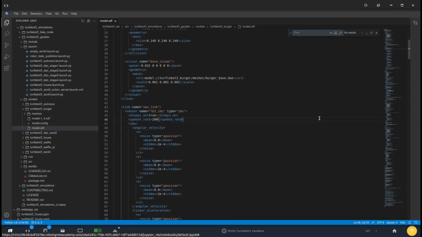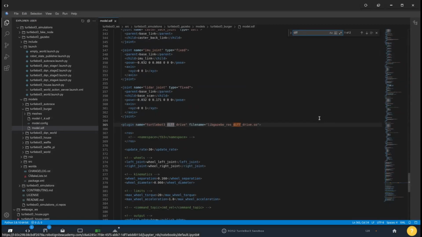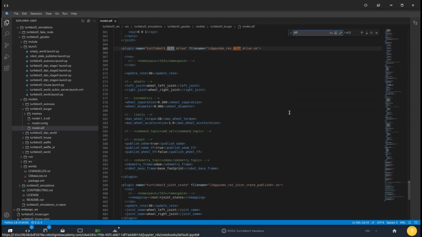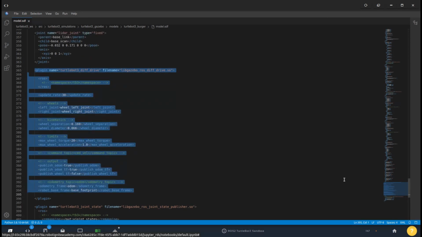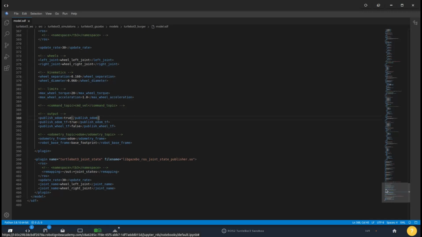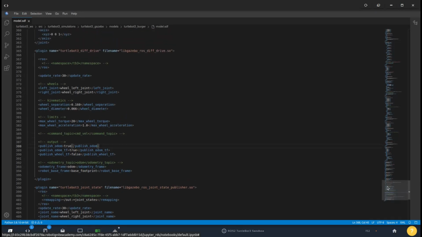In here, if we do Control F and type diff, we'll see that we have a plugin that is suspiciously similar to the one that we saw in ROS Answers by Danny. So let's look at this. We see that we have a plugin and we have a bunch of parameters. And this is why I said it's probably the fact that it has missing parameters. And for example, let's see. So if we were to